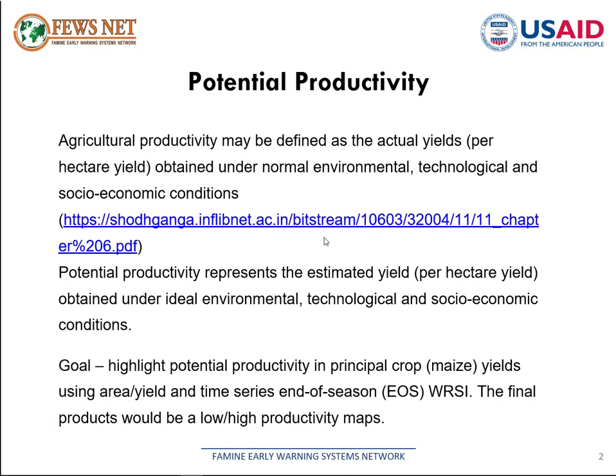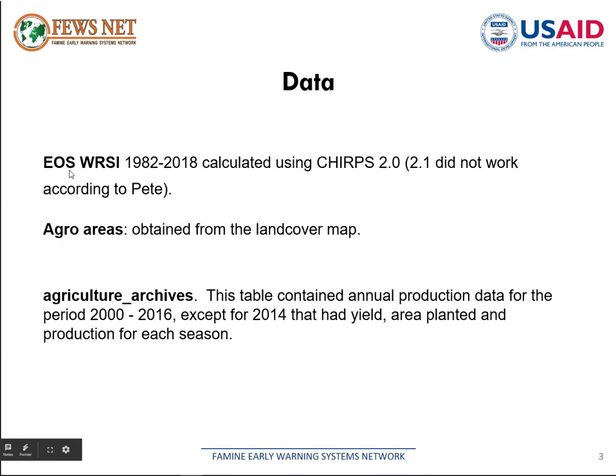Then the potential productivity that we are working on is for maize and is based on WRSI. So the goal would be to produce a map of low productivity and high productivity for the different departments, level 1 administrative units, in Haiti. To do this, we have the following data. We have end of season WRSI from 1982 to 2018. We have the agro areas obtained from the land cover map. And we have this table that we got from AID